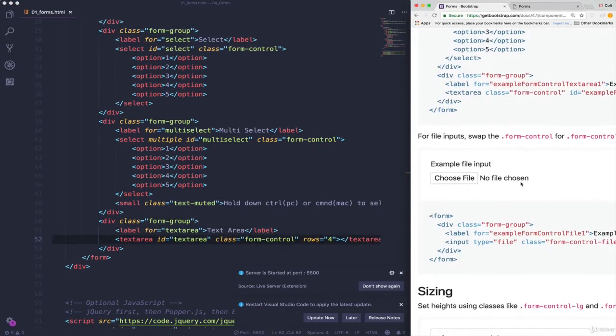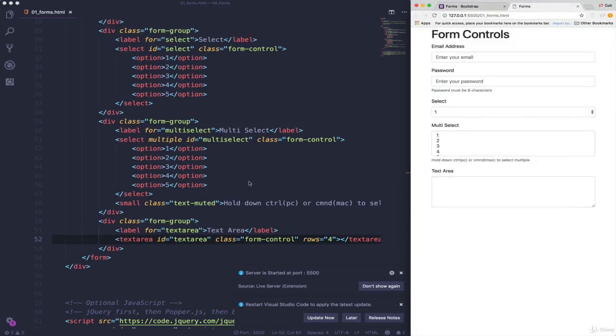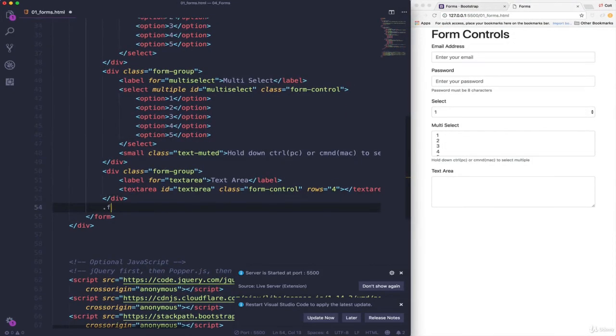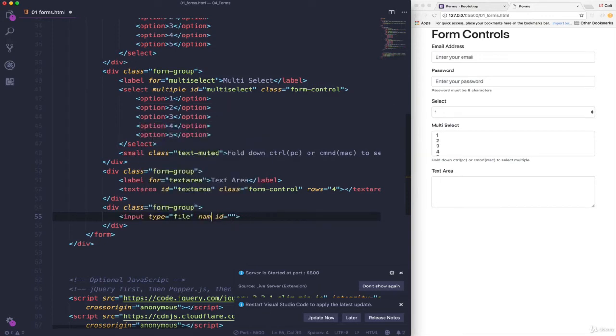Next up, we have file inputs. So type equals file is going to give us a file input by default. There's something slightly different though, and I'll show you. You might think we could just do .form-group and then do input type equals file, which is right there. And give it a class equals form-control. Let's just see what it looks like without form-control, by the way. So this is the default. If we do class equals form-control,